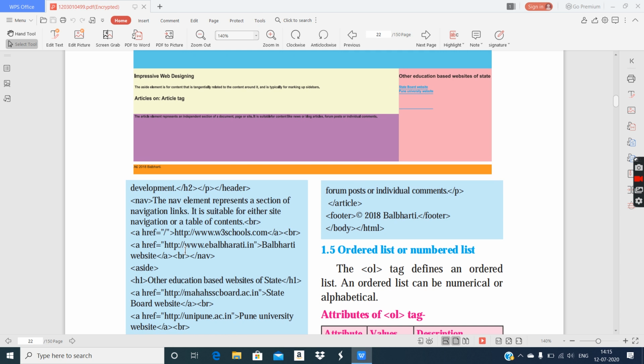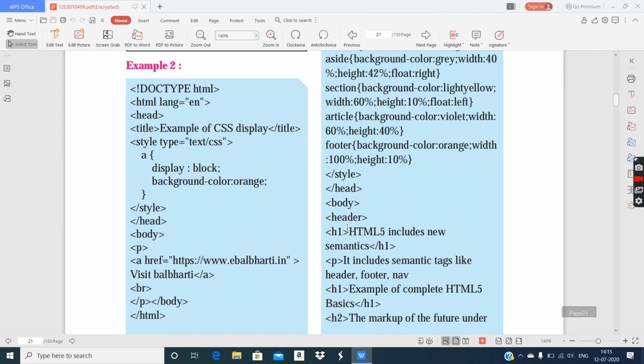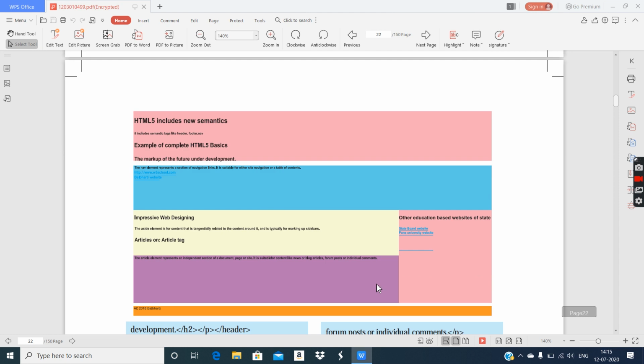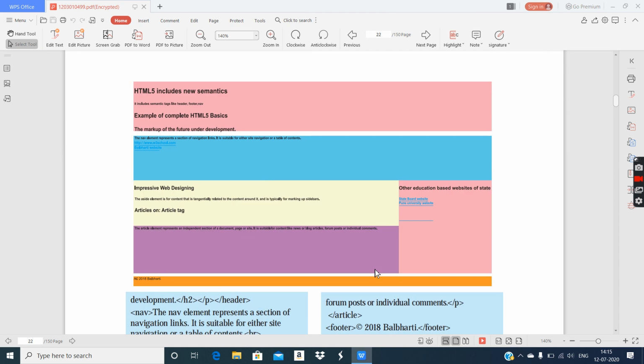But this is also another way of making sections. But if you do not use CSS at all, for example, internal CSS is not used, then they will look totally white, completely white background, and it will have just some text one below the other.